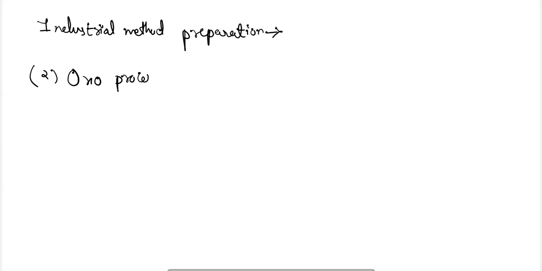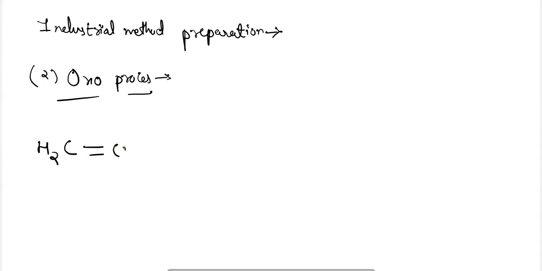In the OXO process, alkenes are reacted with carbon monoxide and hydrogen in the presence of cobalt carbonyl as a catalyst, and at very high temperature and pressure they will give aldehydes. Now, after the reduction of these aldehydes, that is hydrogenation of the aldehyde in the presence of a catalyst, we can prepare alcohol. Okay, so the reaction will be: